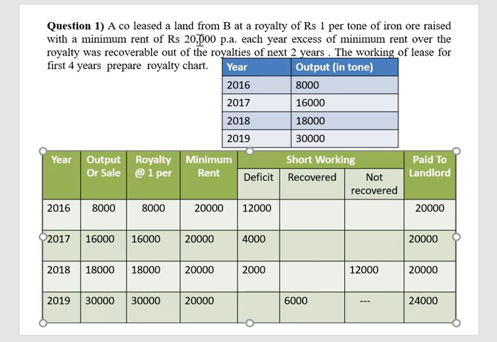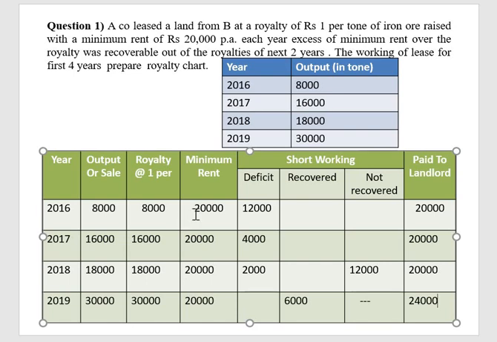Next, minimum rent. The minimum rent will be given in the problem, and that will be fixed. But listen here, very important: if there is a strike in the problem, because of COVID, the businesses are in lockdown, so during the lockdown the lessee will not earn any income. In such cases, minimum rent will be changed in that year only when there is a strike or lockout. Such types of problems I will tell you later.